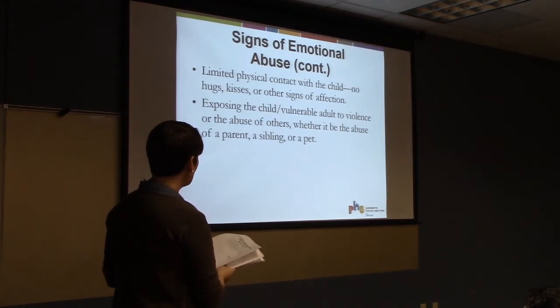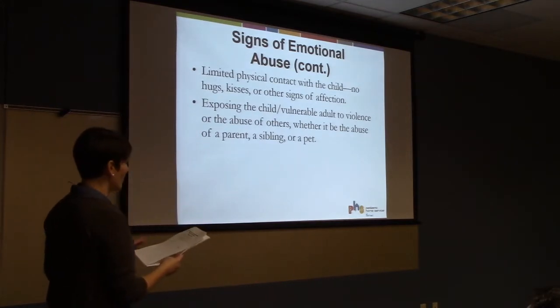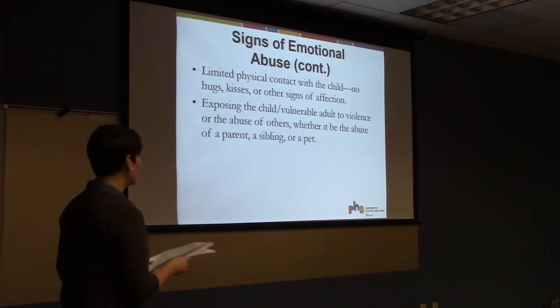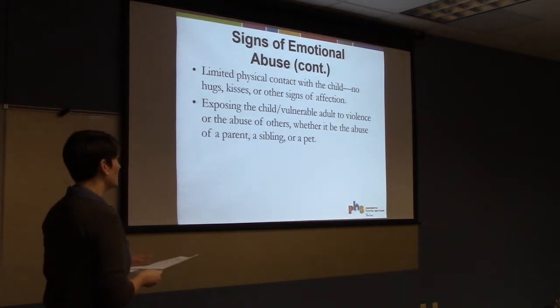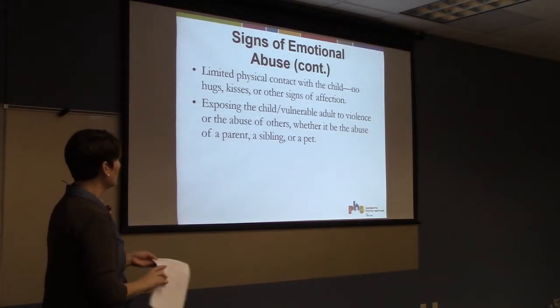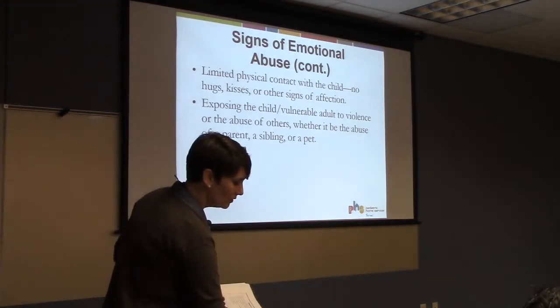Limited physical contact with the child, no hugs, kisses, or other signs of affection. Exposing the child or vulnerable adult to violence or the abuse of others, whether it be the abuse of a parent, a sibling, or a